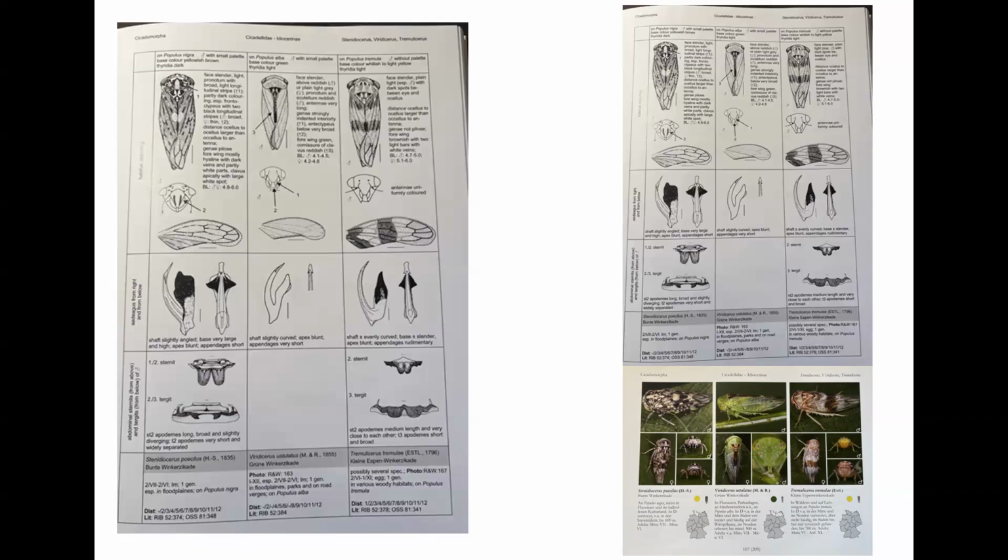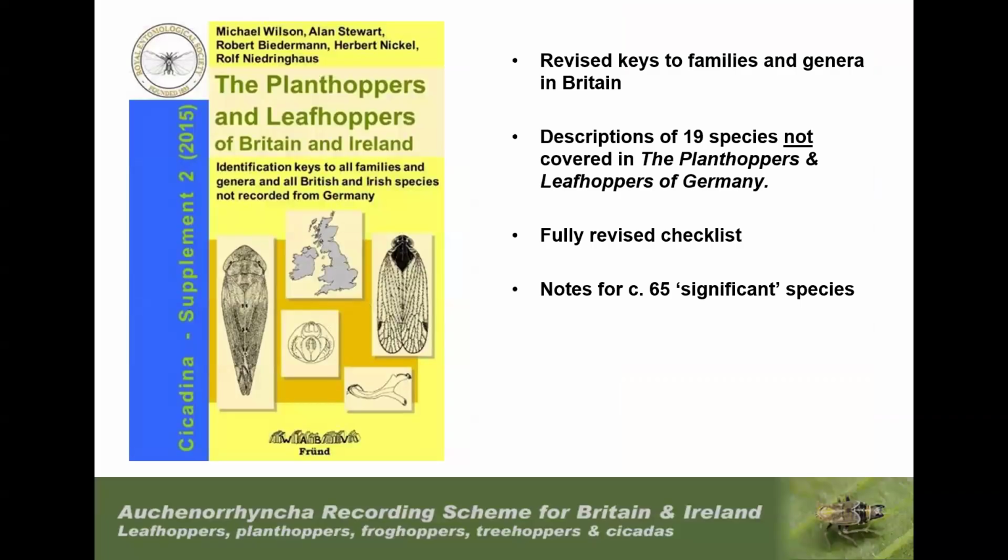That photo atlas is in German. The text is in German, but of course the pictures are international. Now, not all of the species that are in the German book occur in Britain. There are over 600 species in Germany; we only have 426. So there are quite a lot of species in that German book which we don't get in